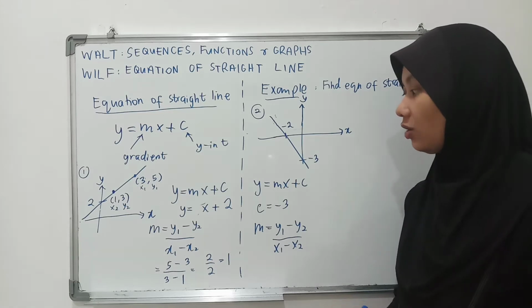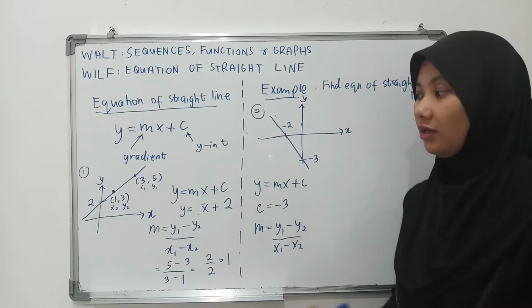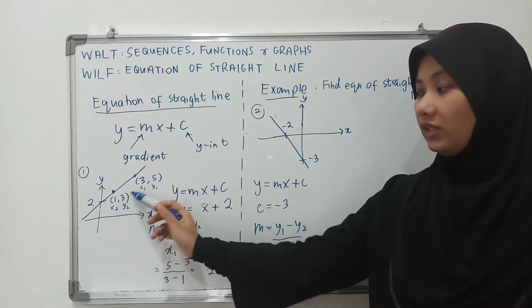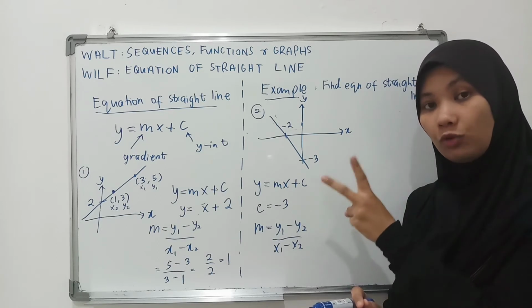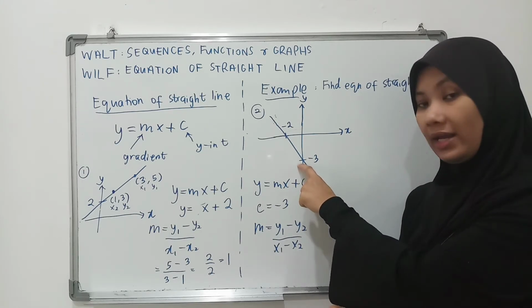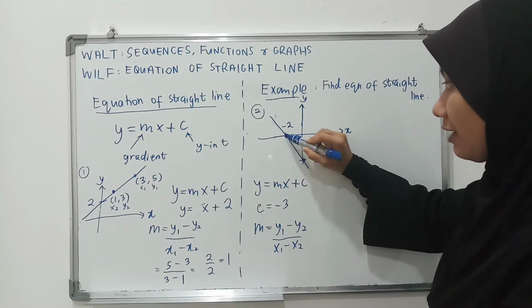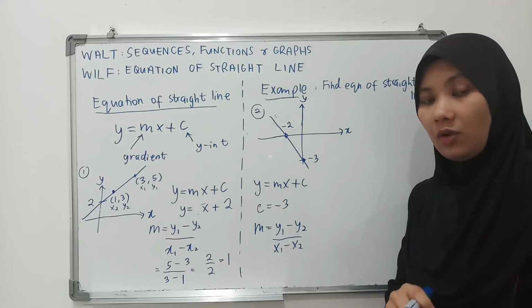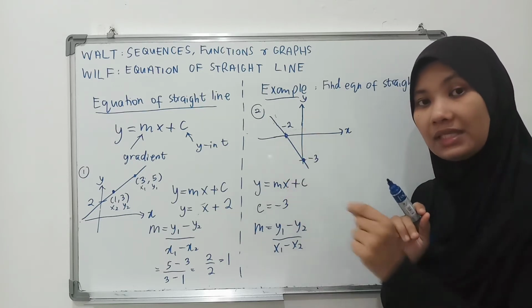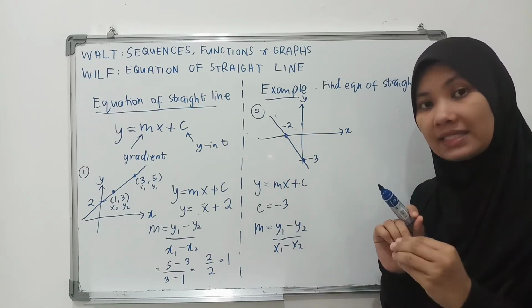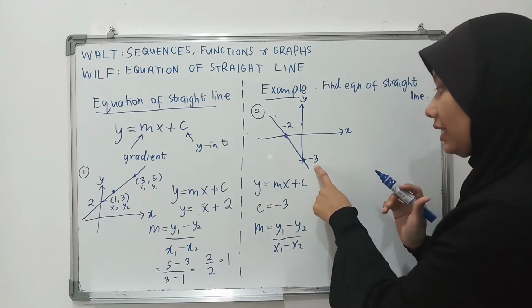Okay. So now, can you tell me what are the 2 points on the line? That one, obviously, we can see 1, 3, 3, 5. But for that one, can you see what are the points on the line? We have 2 points on the line, which is that one. This is the first point. This is the second point. Okay, what is the coordinate for these 2 points here? Coordinate means it must be in terms of x and y. Okay, so coordinates for that is,